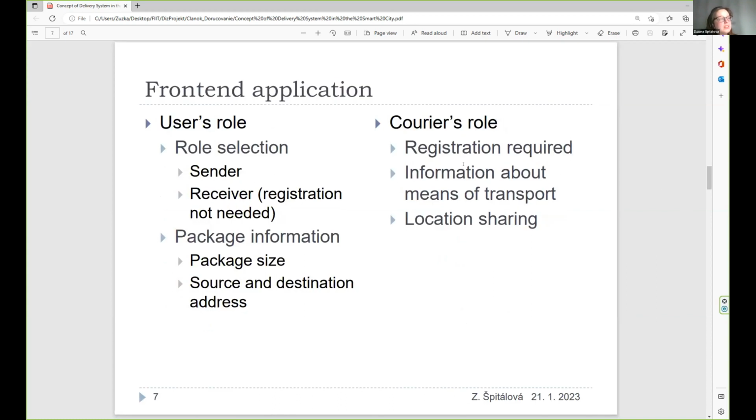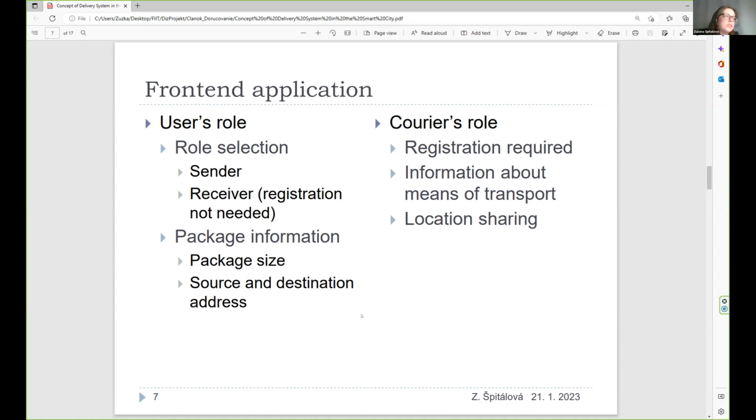Yeah, and now I would like to talk about the roles which are available in the front-end application of our system. So as I told that the system is for shared delivery, you can choose by front-end two roles. One role is the user role, the second is the courier role, so the delivery person role.